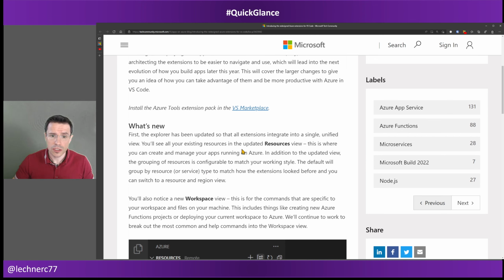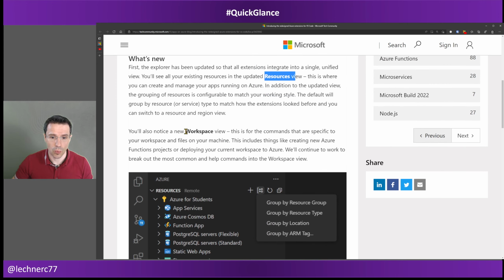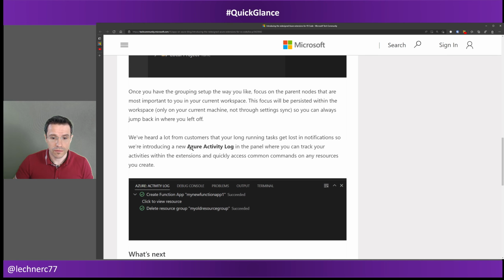So basically you have now two main areas within the Azure extensions that are called resources and workspaces, both views within your Visual Studio Code extension. And you also have one extension on the, let's say, terminal area, which is called Azure Activity Log. Down in the panel where you can take a look at the activity logs. Now, this is really a huge plus point